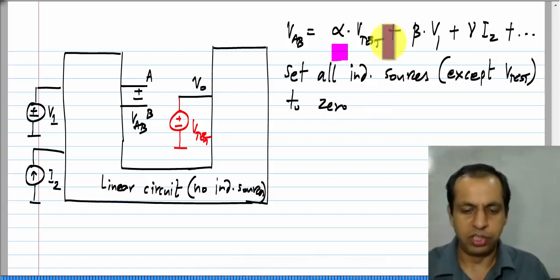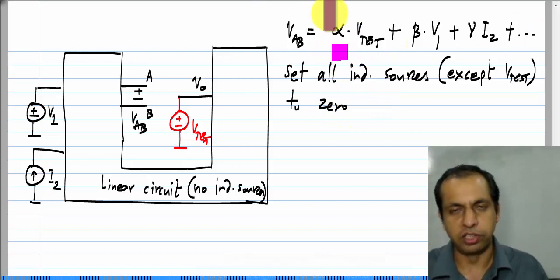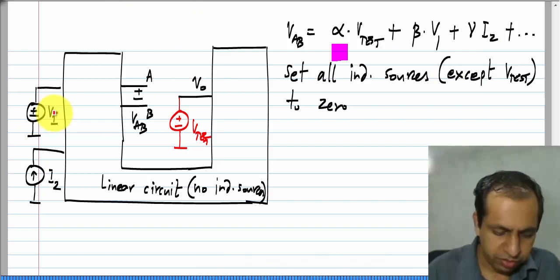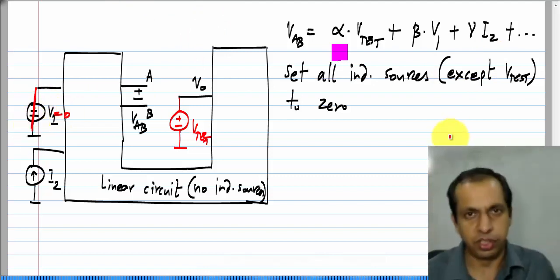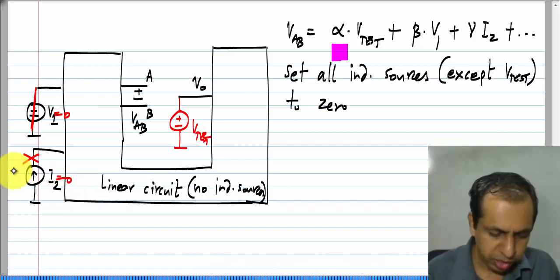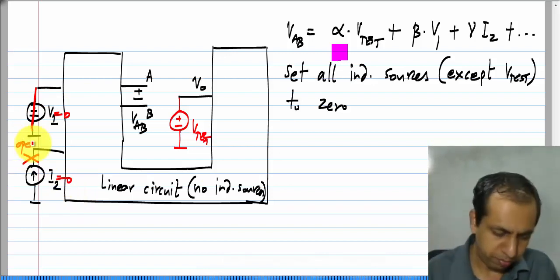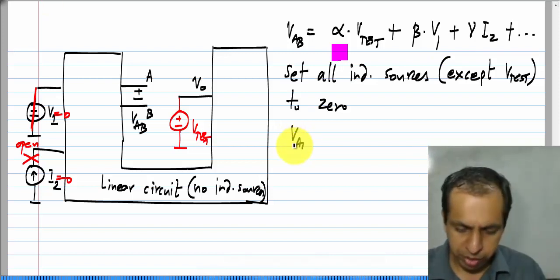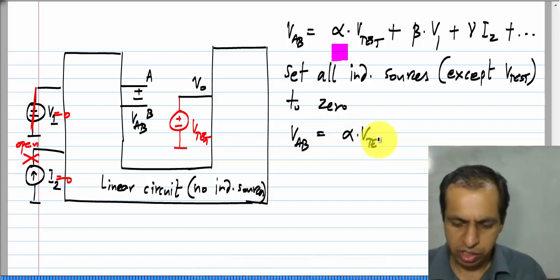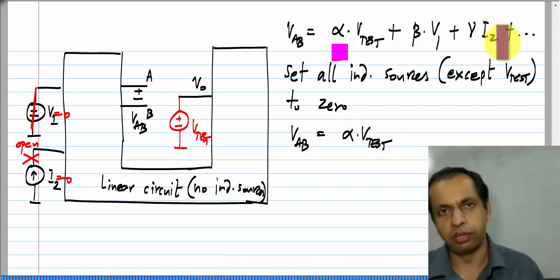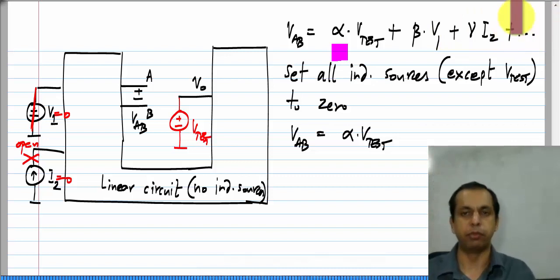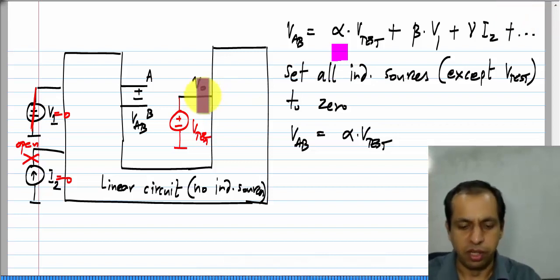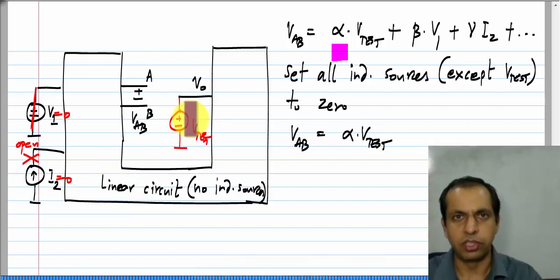To 0, because I am not interested in this whole function, I am only interested in this value alpha. So, what do I do in this case? I have V 1 and I set V 1 equal to 0, which means I replace it with a short circuit. I set I 2 equal to 0, which means I replace it with an open circuit. Okay. So, after doing this, obviously, this VAB will be just alpha times V test, right, because V 1 is 0, I 2 is 0, and if I have more independent sources, I will set them also to 0. Okay. So, all I have to do is linear circuit analysis with a single source V test, and usually that